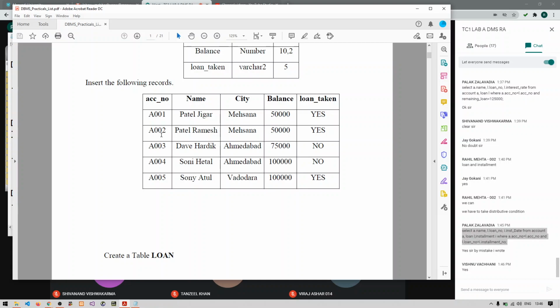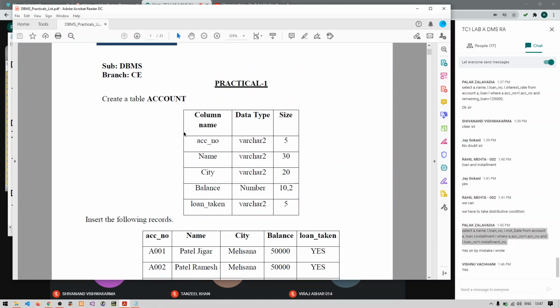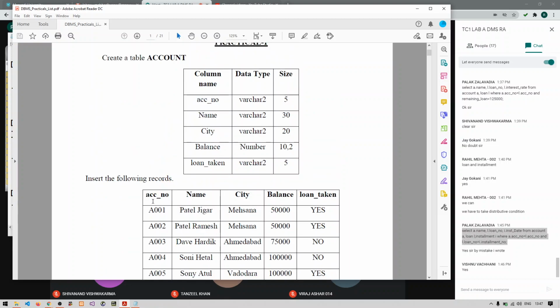So now, if we do not have any common column among the three tables that we want to join, then we can try to establish some relation among the three tables via some other columns. Let's say you are using some transitivity rule, A to B, B to C, then A to C. So similarly here also we are trying to apply that transitivity rule. How will it go? Let's see. We know that we have a common column account number between the account table and loan table.